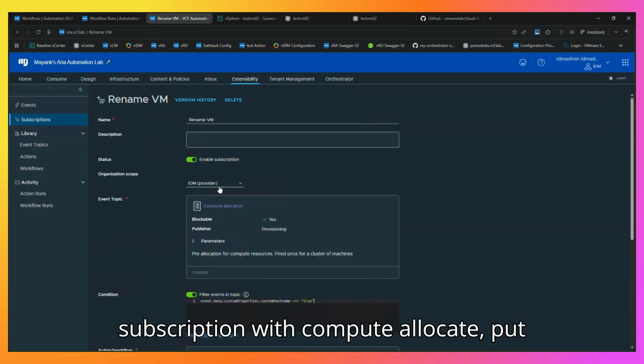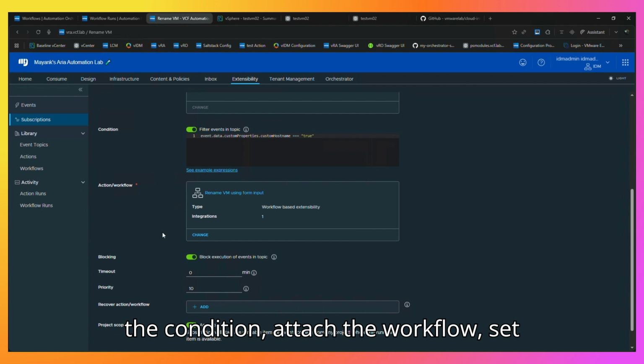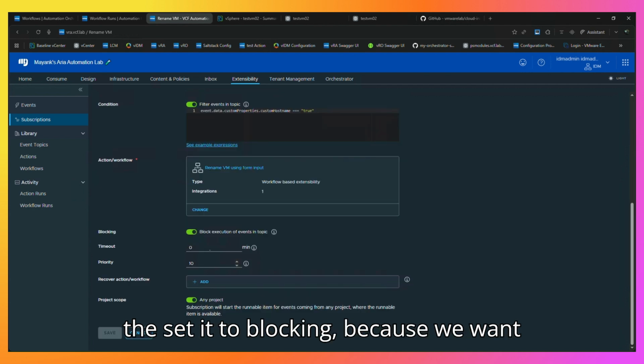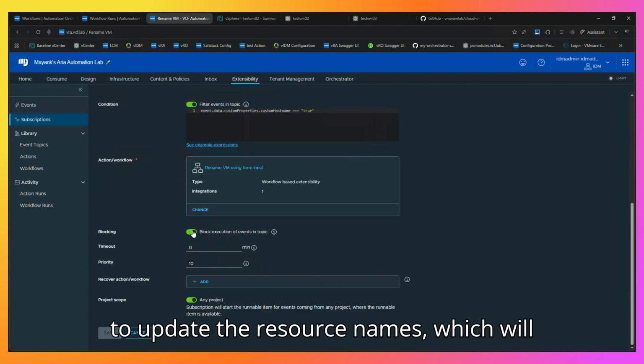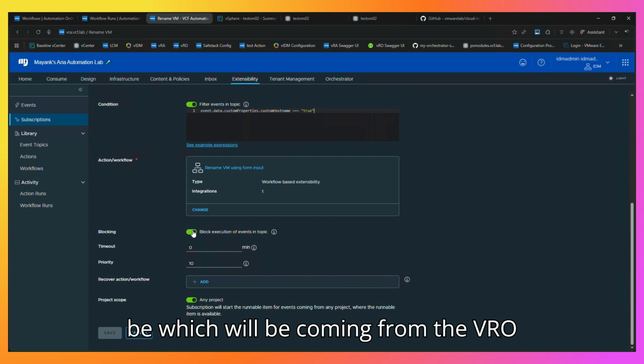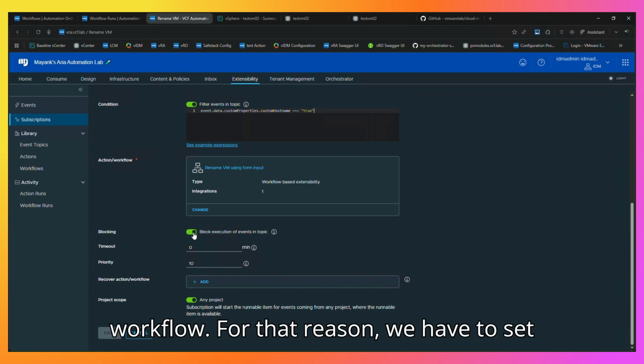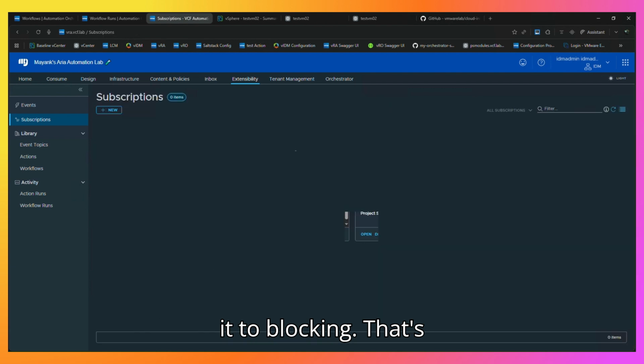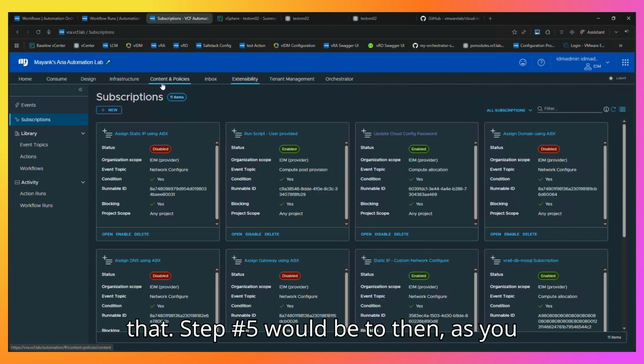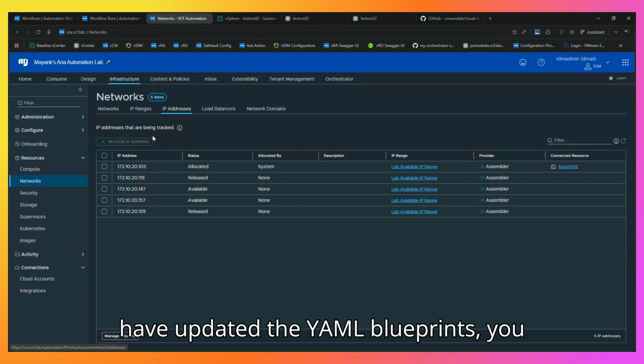So you would create a new subscription with compute allocate, put the condition, attach the workflow, set it to blocking, because we want to update the resource names which will be coming from the VRO workflow. For that reason, we have to set it to blocking. That's that. Step number five would be to then, as you have updated the YAML blueprints, you would have to